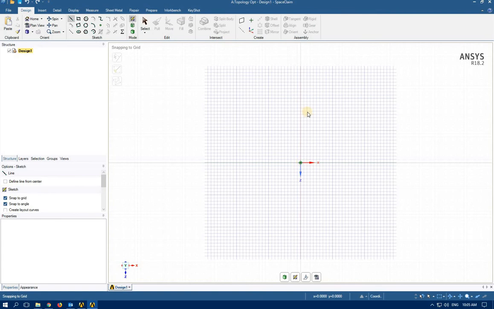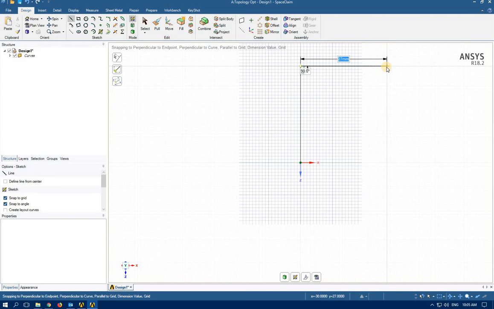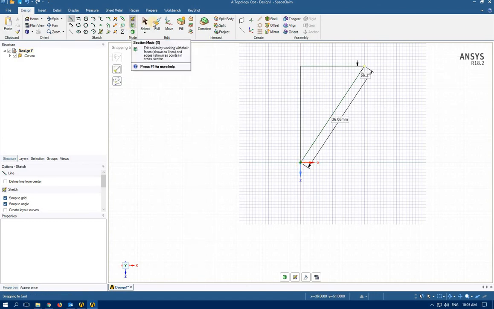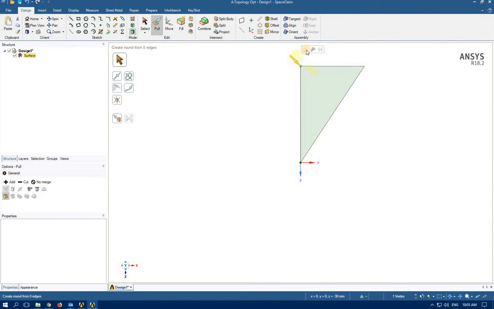Using line, I'm going to draw this bracket. 30 millimeter vertically, 20 millimeter horizontally, and connecting these dots. Let's have rounded corners. Using pull and selecting this ruler, I'm going to add 2 millimeter round corners. 2 millimeter here